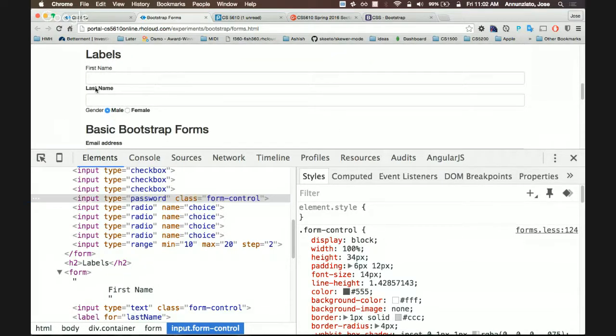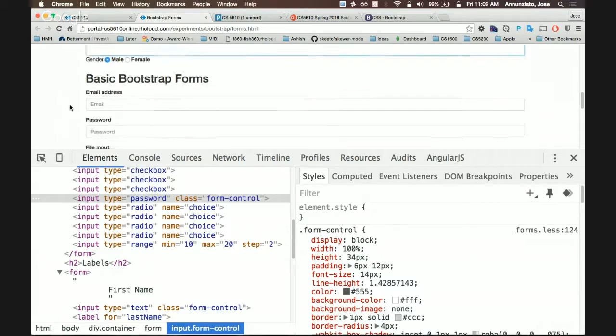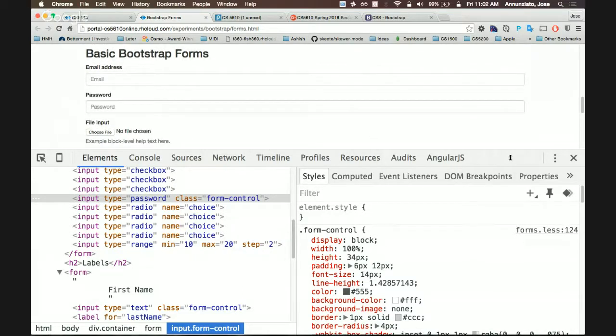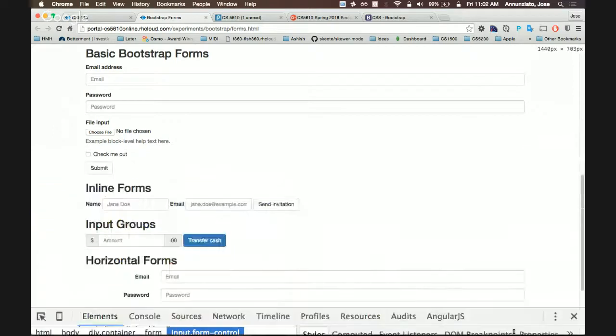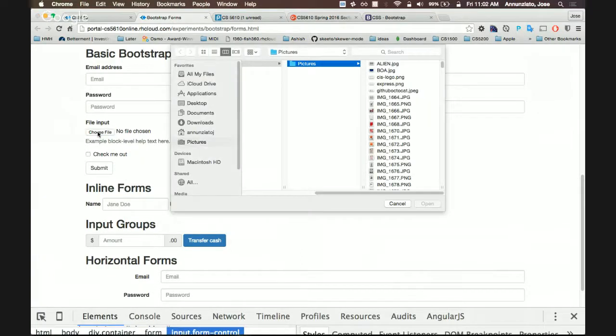Labels, we talked about labels. We talked about the basic Bootstrap forms. These are just copied straight from the Bootstrap templates. I just wanted to mention file uploads. So file upload is a control that allows humans. I want to underscore that, right? Allows humans to browse your file system, as opposed to